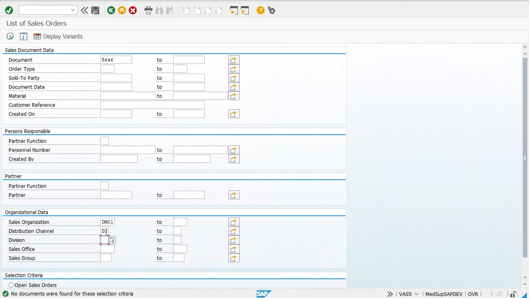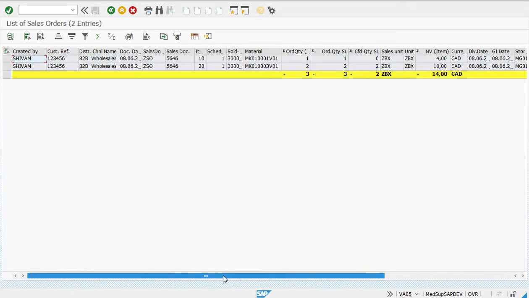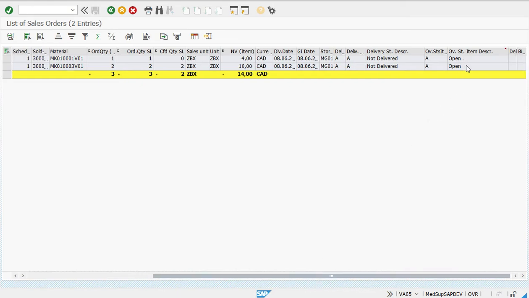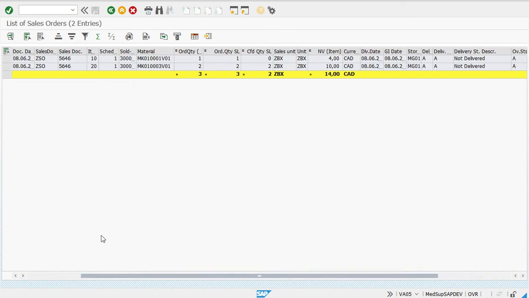Okay, division, all this, remove them from here, and then just make everything empty and then execute. Here you see I have the sales order which I created, and it's showing open because it's not delivered yet, not delivered status. So in this way you can create a sales order,